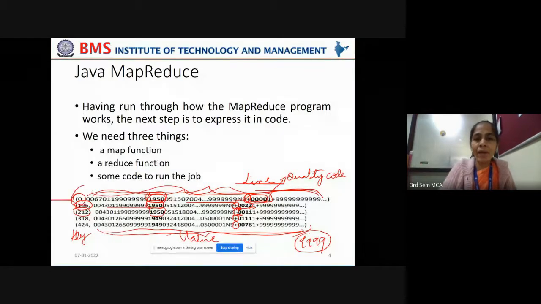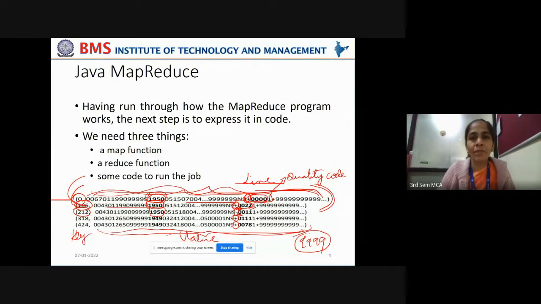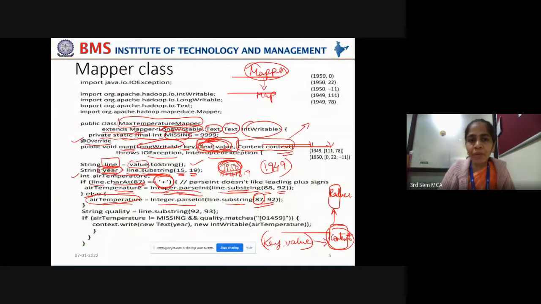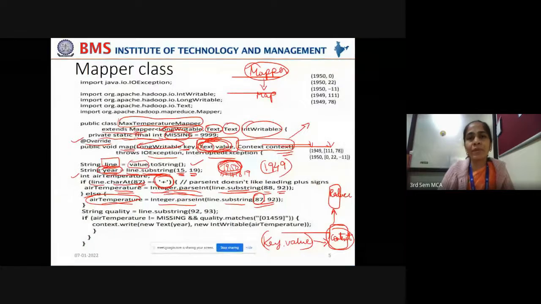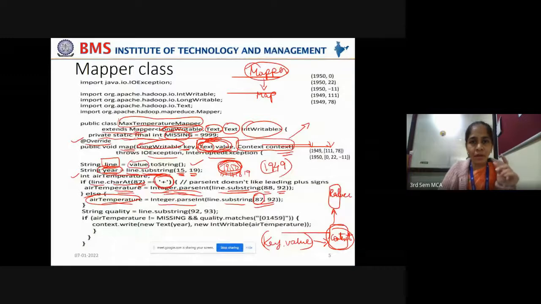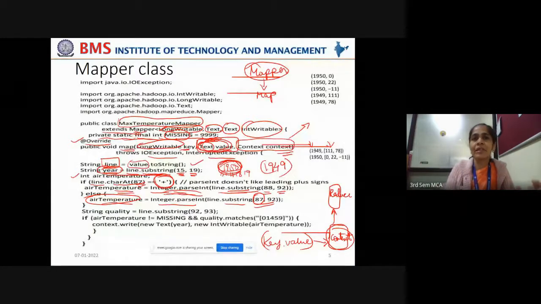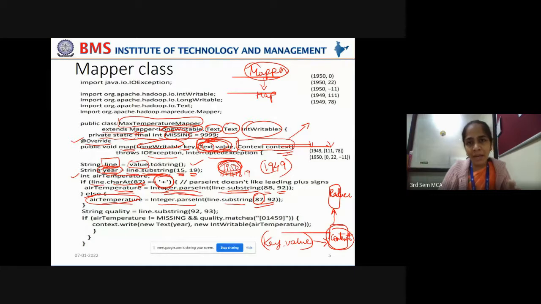The key value pair that is given to the map phase is in this form. Now by the end of the map phase, what progress did you obtain? You are able to achieve a proper year in which the air temperature is recorded, and the air temperature that is recorded in that year. Okay, that you achieved by writing this meaningful Java code.